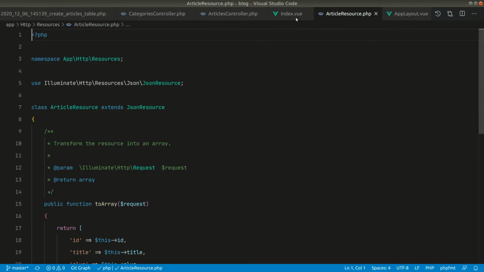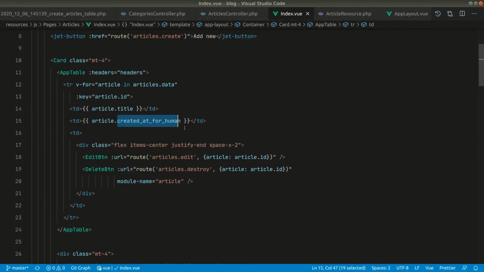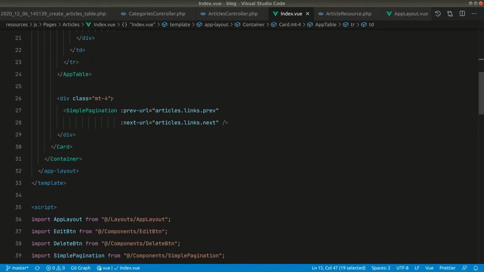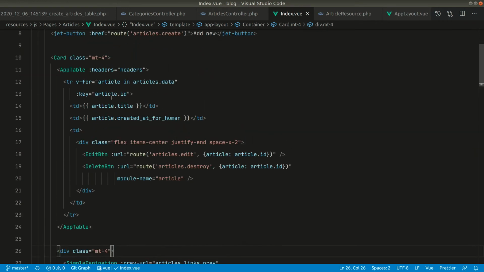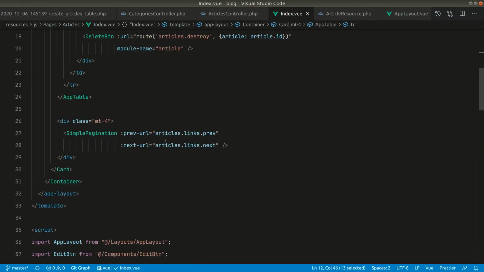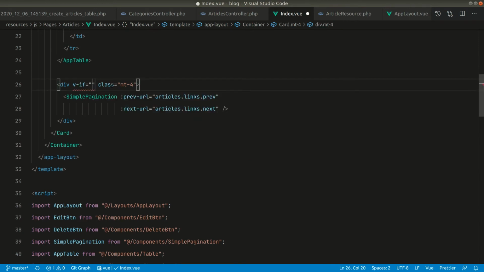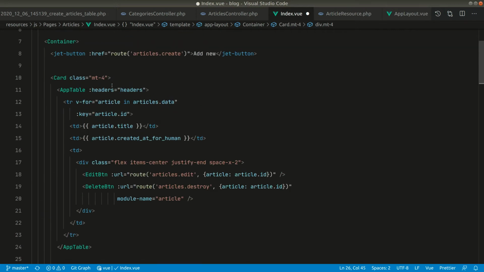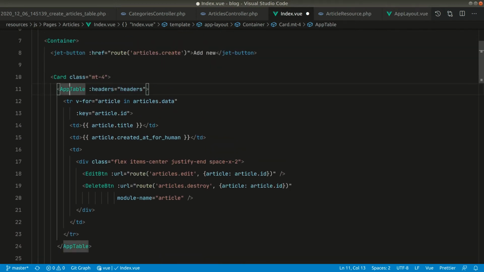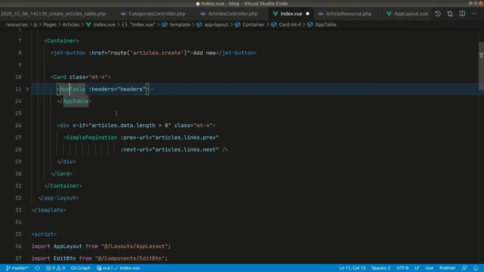So let's go to the index view here, and we only want to show this thing if there are any articles. So let's say here if articles data dot length is greater than 0, and also if there are no articles, we want to say no data available.